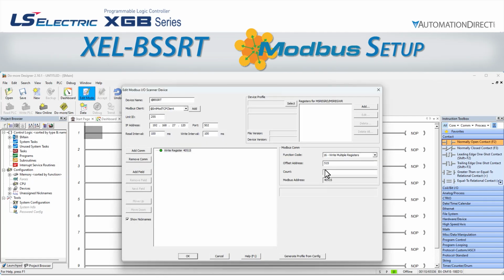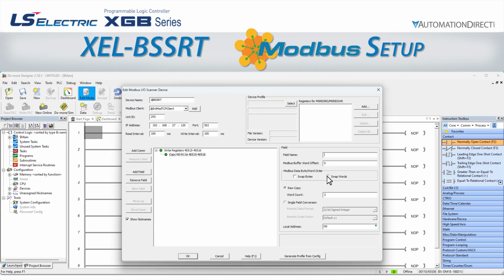We go back to Do More Designer and enter a 2 into the count field. We see that the software tells us it will be writing to registers 40515 and 40516. Perfect. Now we need to map this Modbus write to an internal PLC memory variable. To do this, we will select Add Field. This brings up the field box on the right side of the window, and we can name our field BSSRT